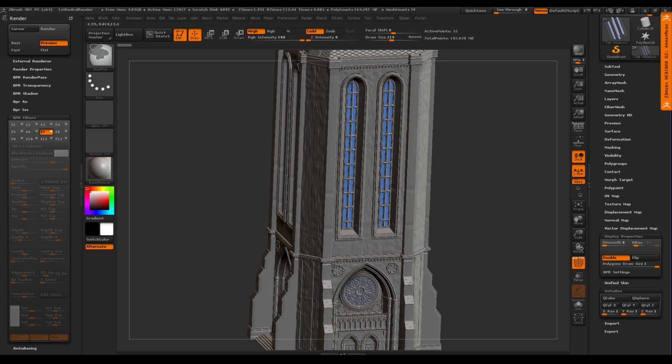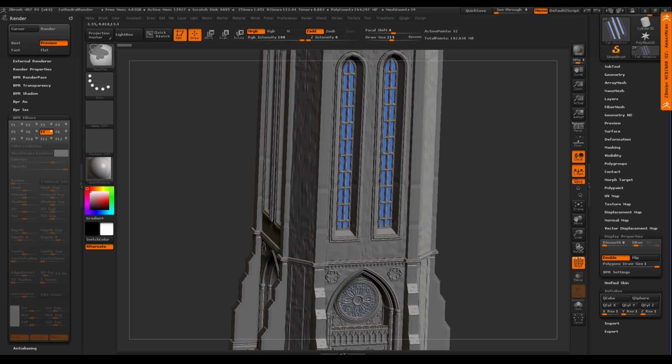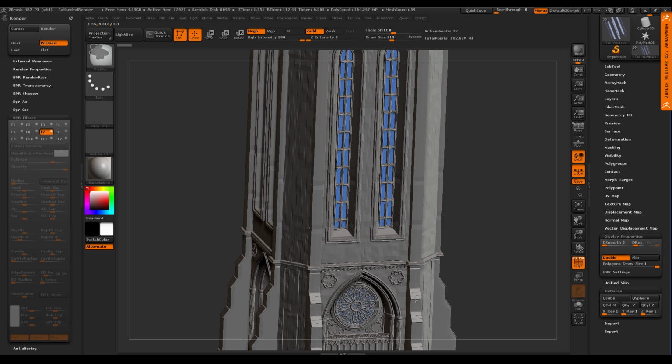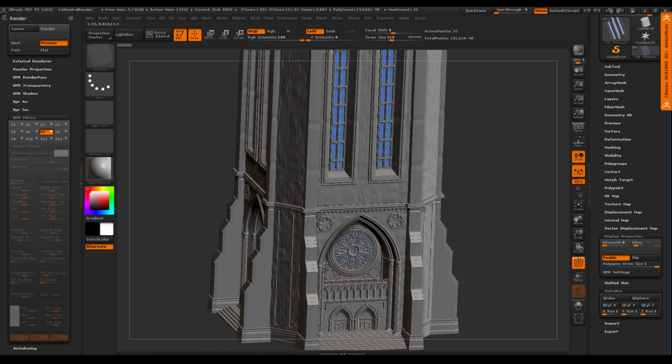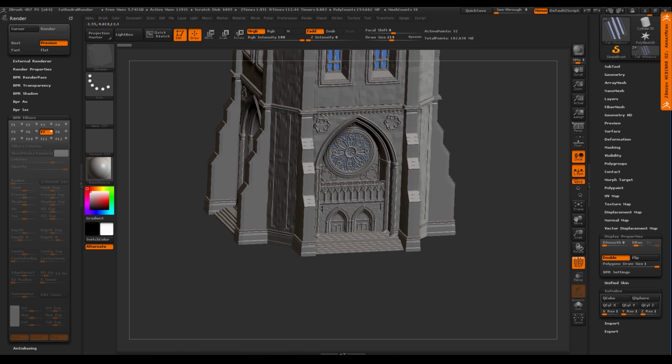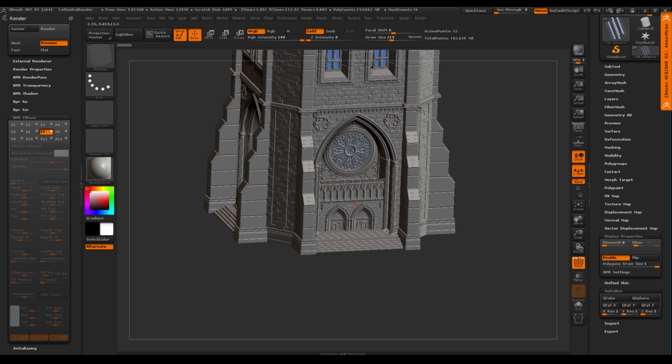I don't know how the movement is on your side. So there you go. See all this right here? This is actually just one row of polygons, and that's surface noise. But all this is arrayed. All this down here is arrayed. Let me get in closer down there. All these pieces right here are arrayed.